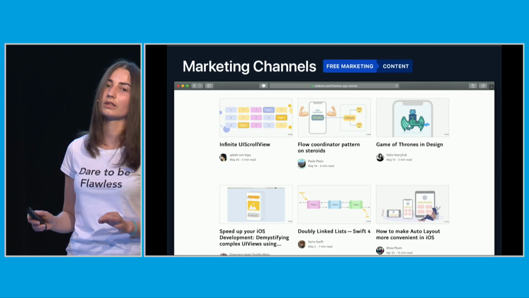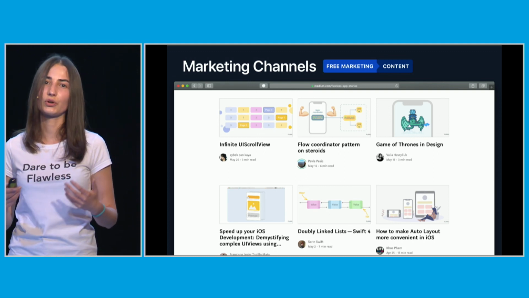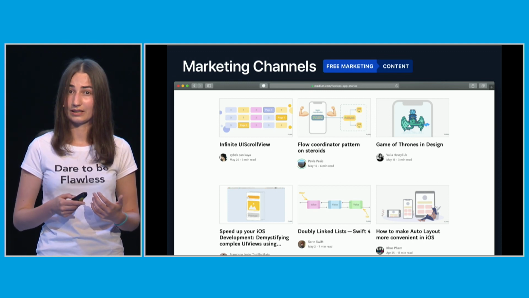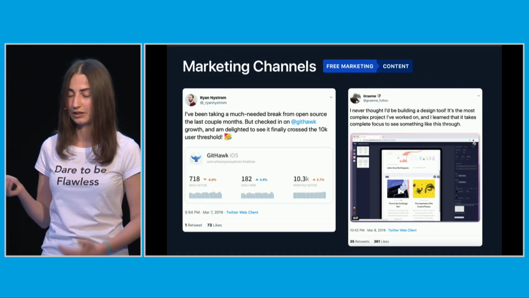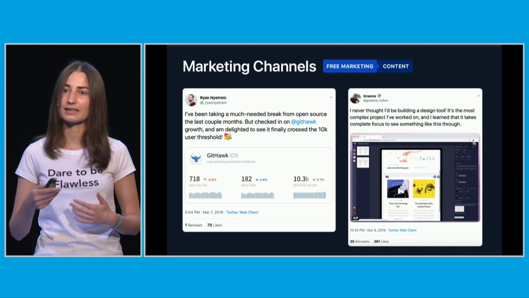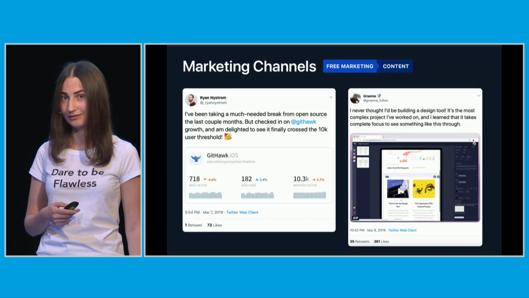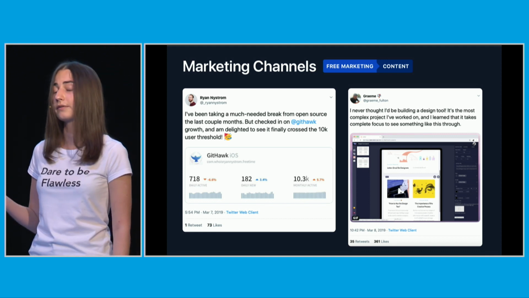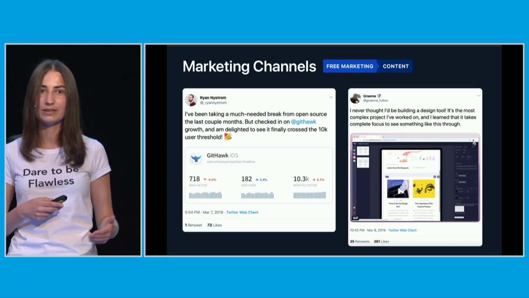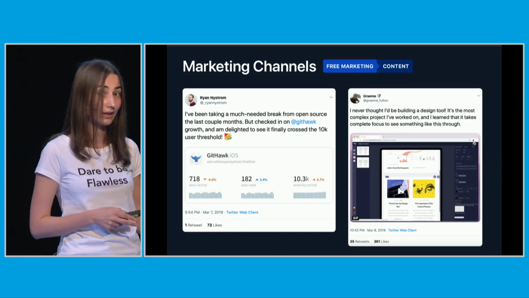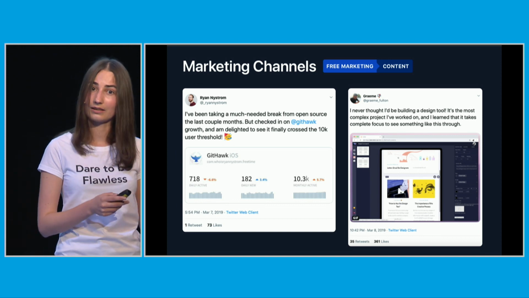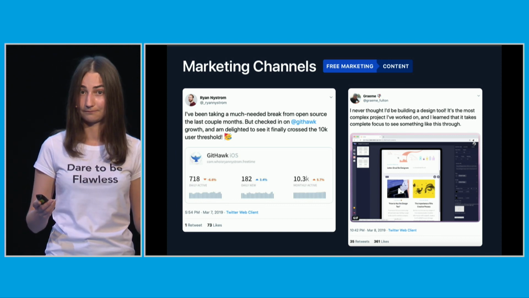But content is not only about blogging. You can share the story of how you have created your app, what challenges you faced, what successes you have seen. A great example is GitHub by Ryan. Ryan shares a lot about his open source project, about his successes, and it's really engaging content, which obviously drives traffic to his tool. My friend Graham Fulton from Prototype sometimes makes a video of his design process. It's really engaging to see how he's working on a new tool, and it creates anticipation. Such type of content is relatively easy to create, and it gives you traffic and users. Try it.